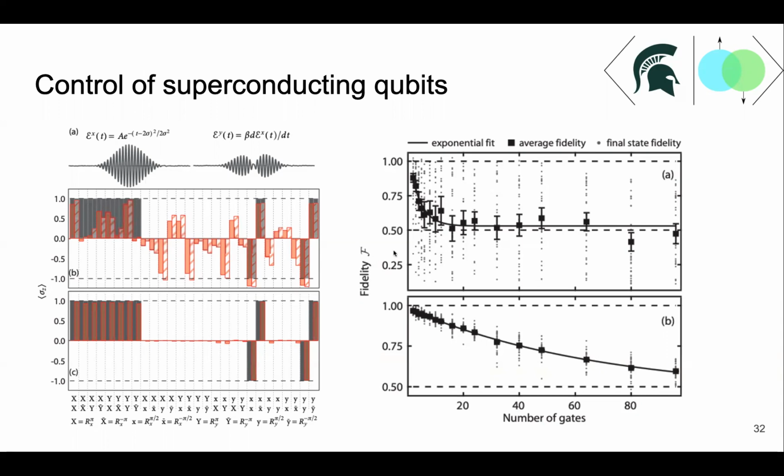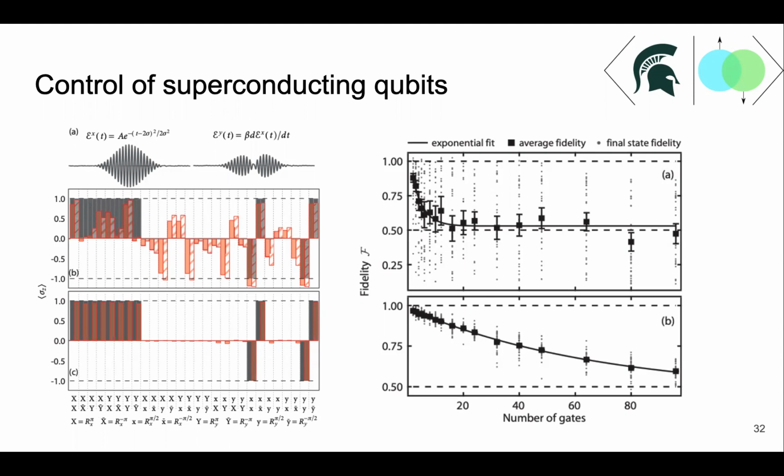And by measuring the fidelity of gate operations as a function of the number of gates applied, using these 2 different pulse shaping techniques, the top panel represents the Gaussian shaped pulses. And so this dash line at 0.5 represents a perfectly mixed state. So the quantum information is totally lost. And they measure after about 20 pulses, we've totally decohered our qubit by just totally coupling to the 3rd level